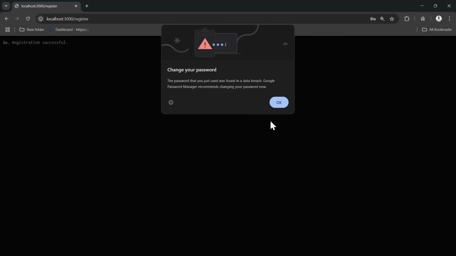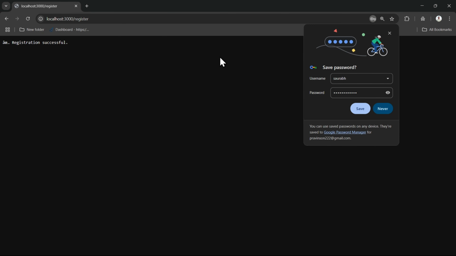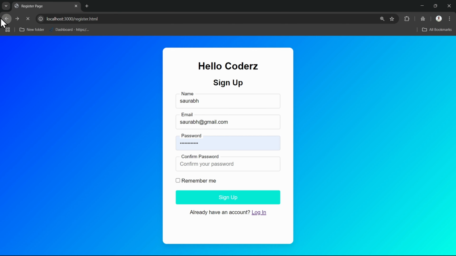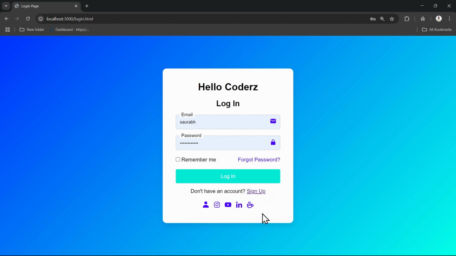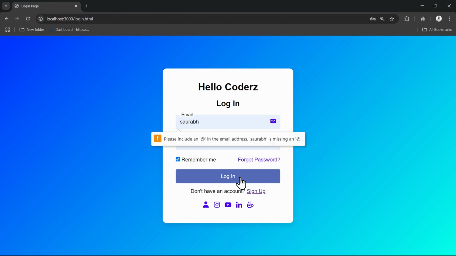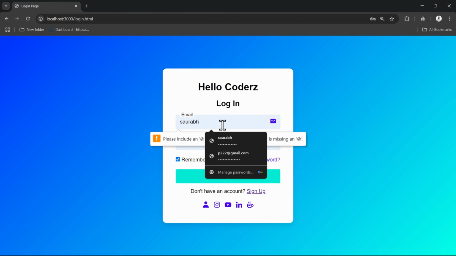So it says registration successful, and then save it, and let's go to the login page. It is automatically filled here, so we can see the password as well. And remember me, whatever it is, and here you can add your own links. Okay, I've added my own links, but you can add your own links here as well. So let's log in. Oh, this email is wrong, so Saurabh at that